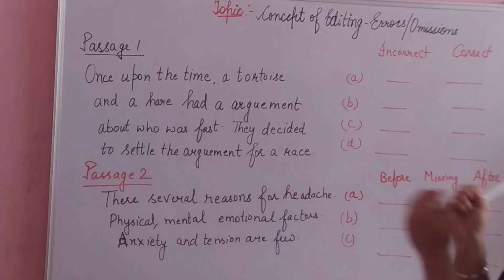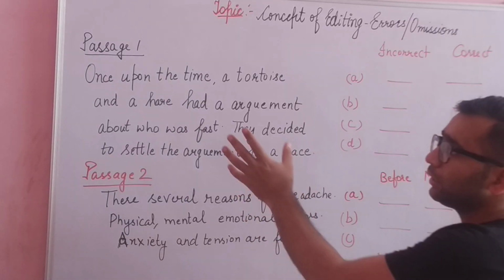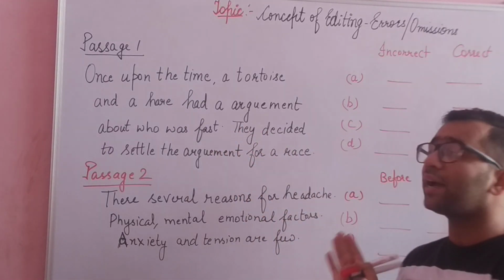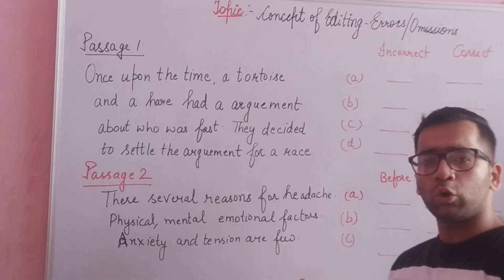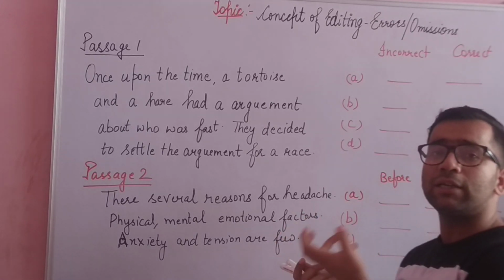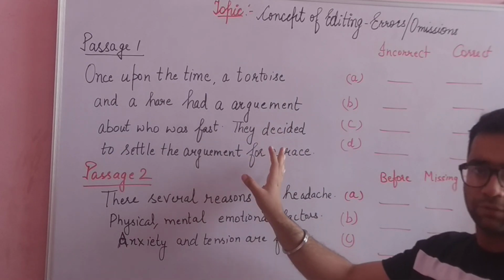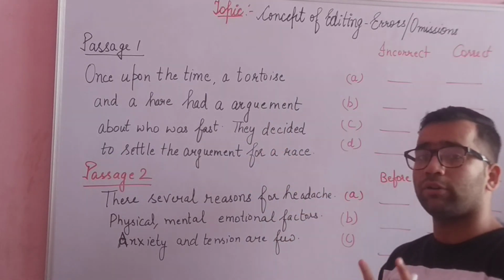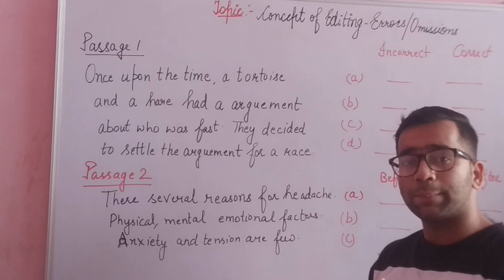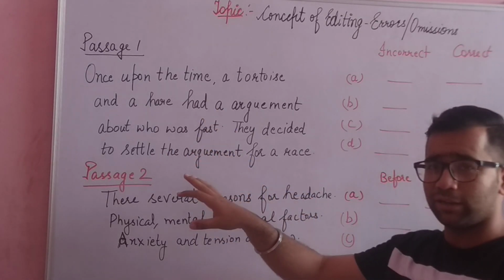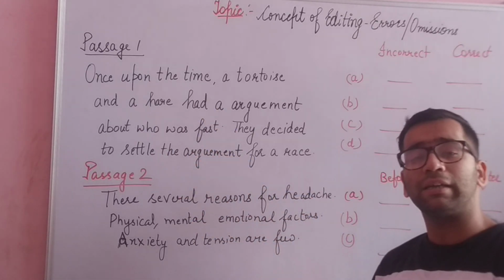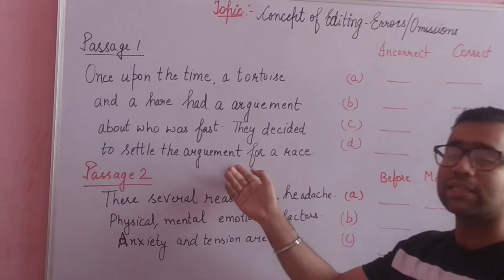Now it is in front of you, you can do it. But here I am telling you some techniques. Why have I made a special video? We all could do it, but the purpose of making it is to give you some techniques to find the errors. Check the tense. And one more thing, children: what children do wrong in the paper is consider that something is misprinted. There is nothing misprinted, my dear. Everything is correct, especially in these kinds of questions.